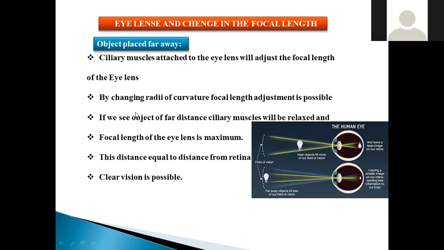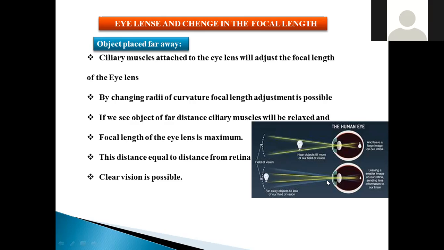Okay, so in that way adjustment is possible, so that all the objects, whether they are very near to us or far away from the human eye, can be captured without any difficulty. If we see a distant object, the ciliary muscles get relaxed. In that case, they will not get strained and there is no need to do any kind of extra work,